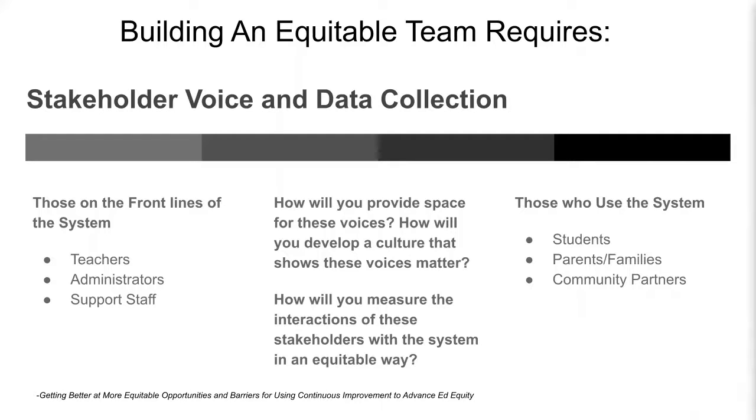Continuous improvement calls for a common approach of empirically testing changes of a system by focusing on improving the interactions of people, processes, materials, and norms towards a common goal. So what stakeholder data will you collect, and how will you measure that success? You want to look at the frontline workers of the system. So that means your administrators, teachers, counselors, janitorial staff, cafeteria workers, all of those people who service students in the building. Their voice is extremely important because without them, the system will collapse.